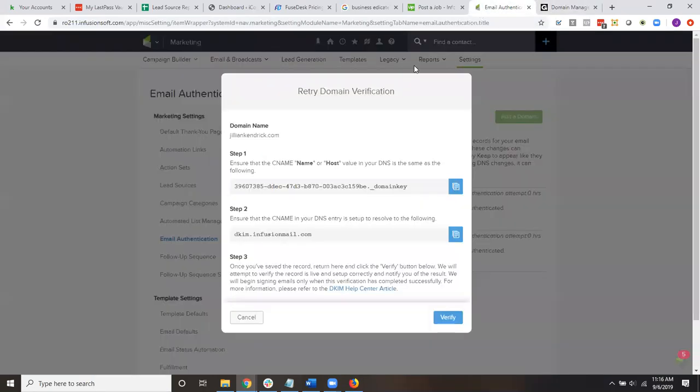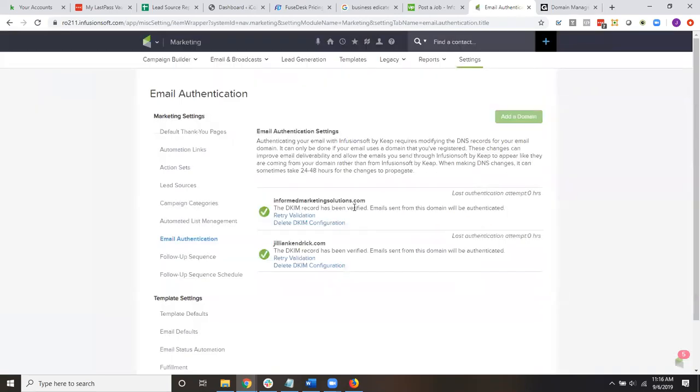and then we would come back to Infusionsoft, and we would hit verify, and most likely, if you're setting up your DKIM record for the very first time, when you hit verify, it's going to say that it's not valid, right? And you're going to stop in your tracks and think, well, hey, I set it up correctly, I followed the instructions, you followed this video that you're watching, what did you do wrong? And the reality is that you didn't do anything wrong. As we can see in the instructions, sometimes it takes up to 24 to 48 hours for the